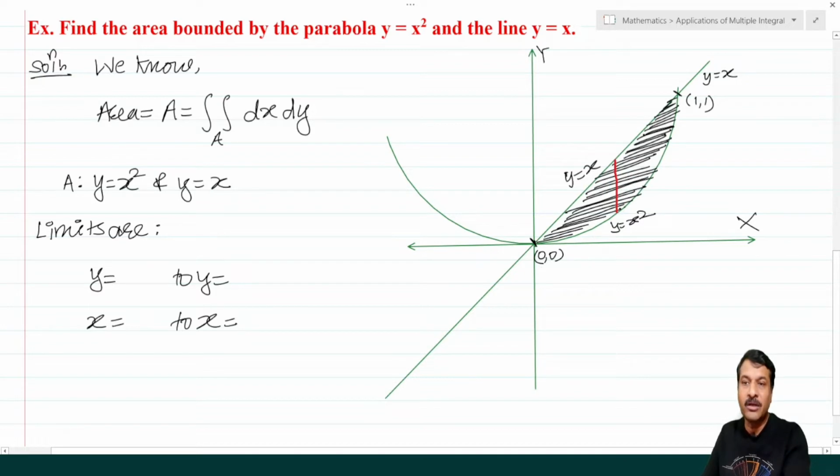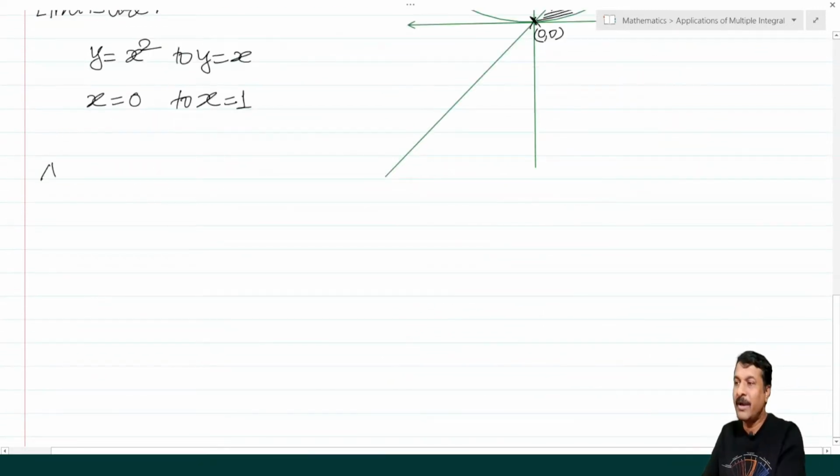So curve to curve. What is this curve? This curve is y equal to x square. This line is y equal to x. And the boundary points on the x-axis are x equal to 0, 2. If we draw this, I will get x equal to 1. So 0 to 1. And that is why I am getting the required area A equal